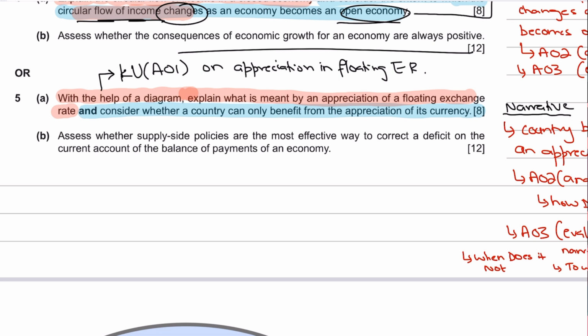Guys, remember that when you're analyzing the narrative, the evaluation is linked to, or derived from, the analysis. Whatever you write in the analysis, you will derive the evaluation out of it. So all of it is connected. You need to understand that. And unless you really know what these assessment objectives are, you will never be able to attempt a